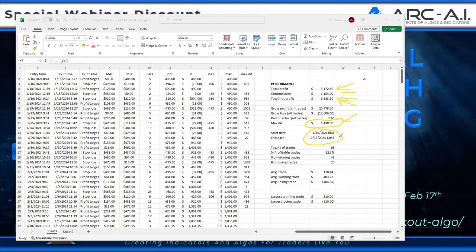So in 1 month, you could have passed many various different prop firms, potentially. I can't say you could have. Can't guarantee anything, right? But that is 2 times the requirement for most prop firms, and this is well within range of what the max drawdown is, for 1 month. 69 trades across 3 different markets. Does the profitable number matter? Not really. Does the profit factor matter? Yeah, but really, when it comes to prop trading, we're looking at 2 numbers, that and that. Why? Because that's what the prop firm requires. Does the prop firm care what your profit factor is? No, they don't. They care about, can they make money off of you? That's the only thing they care about.